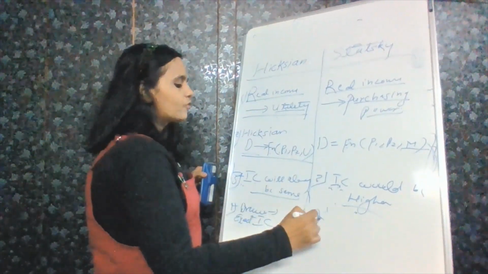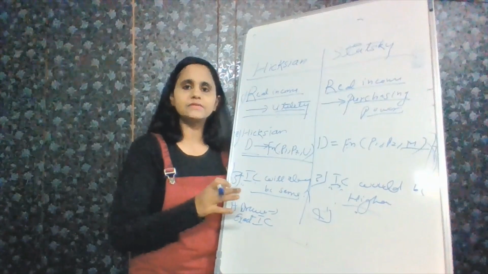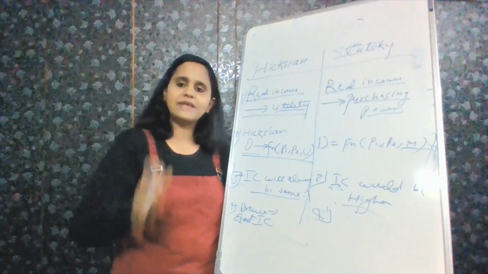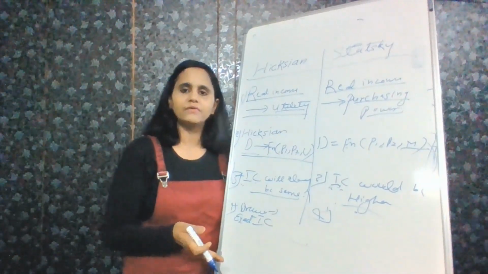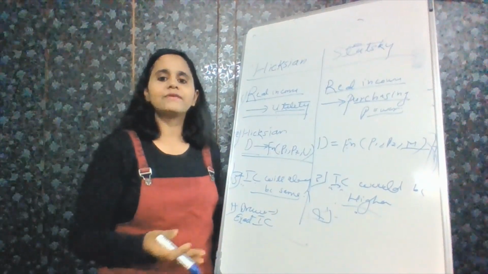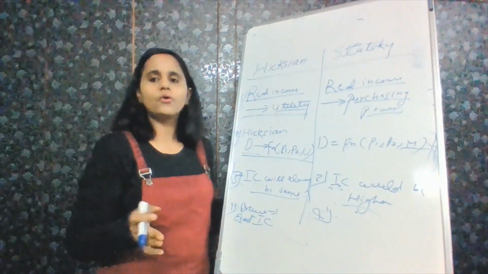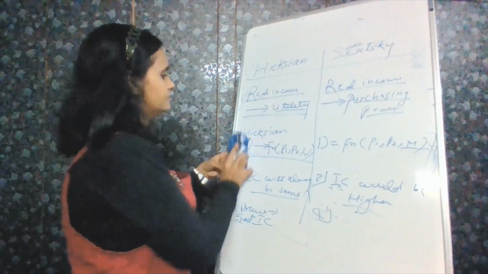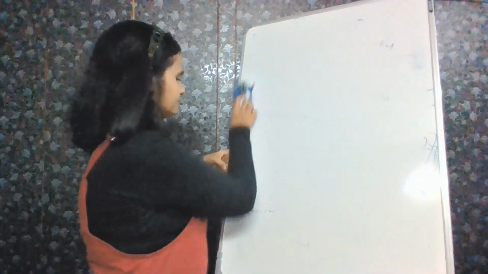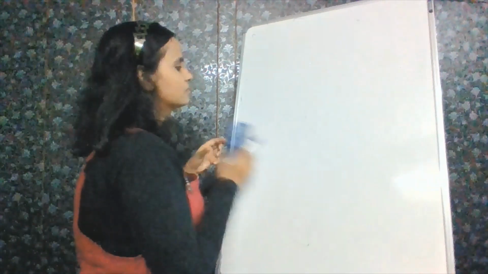The main advantage of the Hicksian curve is that it gives you an exact approximation, very close to real life. But the drawback is that you need to know the exact IC curve to derive your compensated demand function. In the Slutsky approach, it is not like that. So now we'll look into the Hicksian approach.